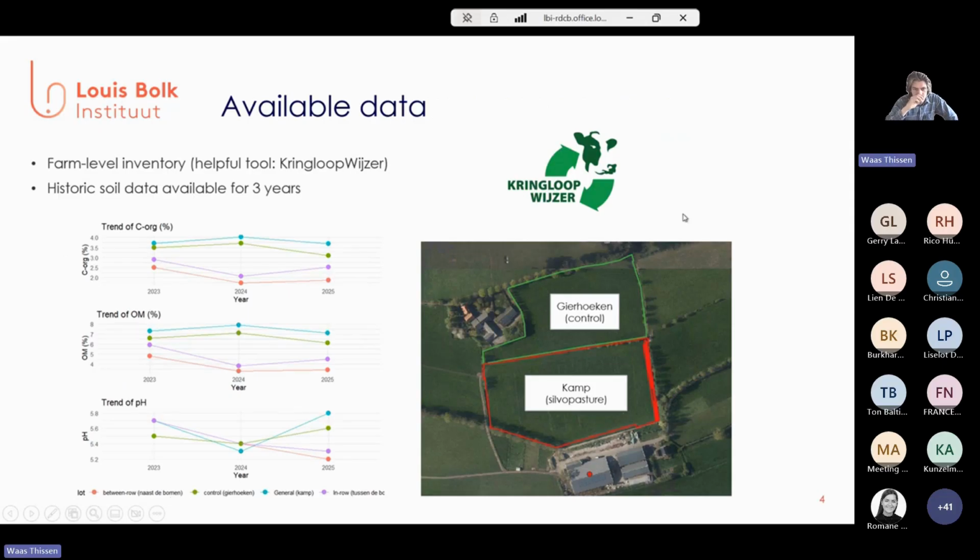Yeah, we have some available data on the farm, which is really nice. In the Netherlands, we have this thing called kringloopwijzer. Most dairy farms, for instance, that deliver the milk to FrieslandCampina, a major dairy cooperative, have to fill it in anyway, and it stores a lot of data about the farm. It also calculates a footprint of the farm. And he also took a lot of soil samples in the past year, so that is nice. We can use that information as inputs for the models.